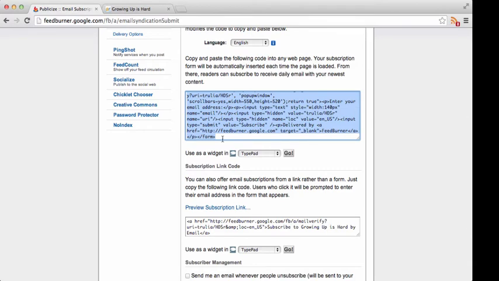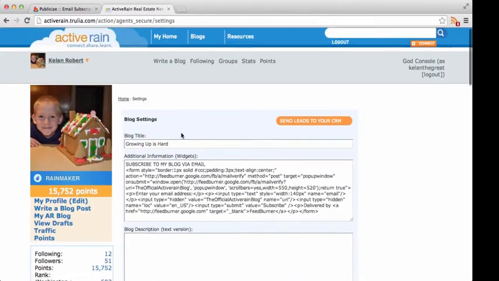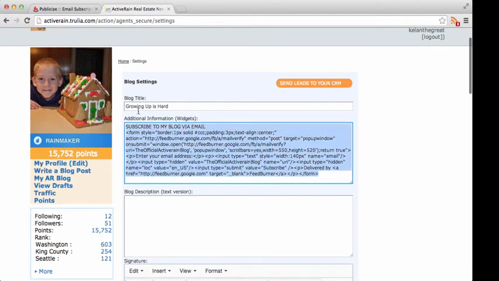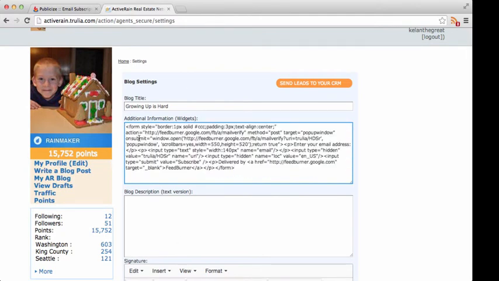Let's go in here and copy this form. Now let's come over to Kellen's blog, and I'm actually going to put it in his blog settings here in two areas. The first place, and I've already actually got it in here, is going to be in this additional information area. So I'm going to paste it in there, and then just above it,